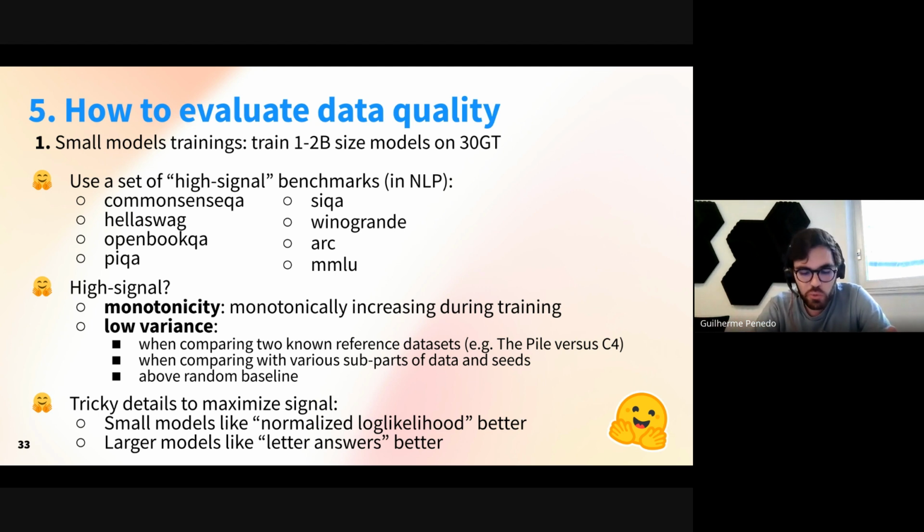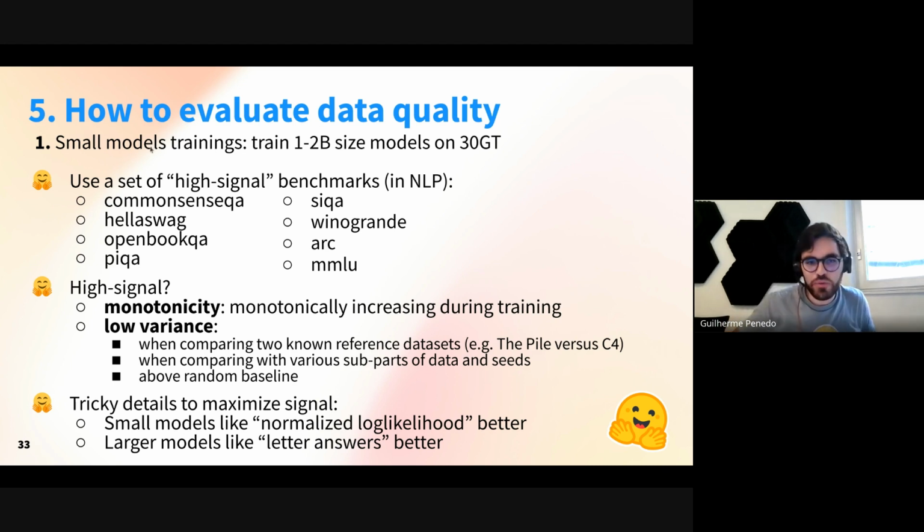But anyway, what I usually do is I train some small models, because if you had a function that would tell you this document is good and this one isn't, then you just use that as your filter, right? You wouldn't have to do all this stuff. So obviously that's not the case. So what you can do is you take your data, you train a small model on this data, and you evaluate it on these tasks and benchmarks. And obviously you don't want to spend a lot of money on this experiment model. So you train a small model. For example, for 1B, the compute optimal dataset size would be around 30 gigatokens. And then you try to